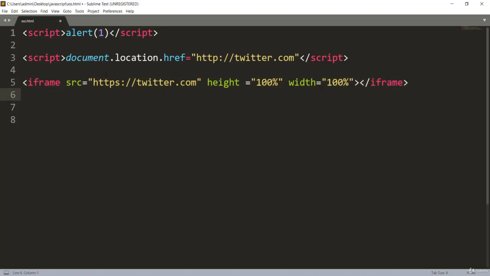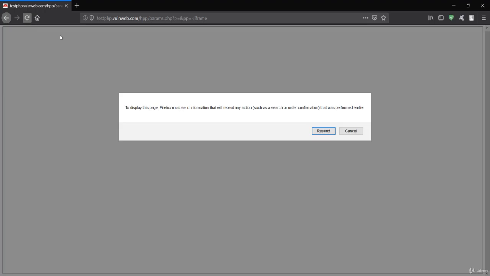Paste and go, and again it is not working, maybe due to something like HTTPS. Let's see if it will take time. It must work, but it is not working.